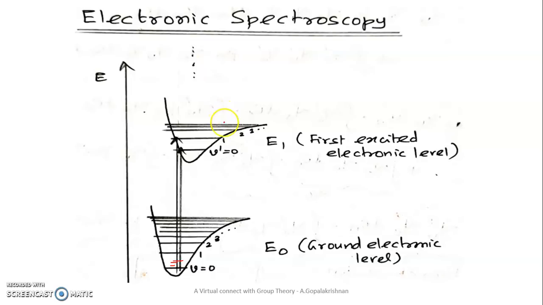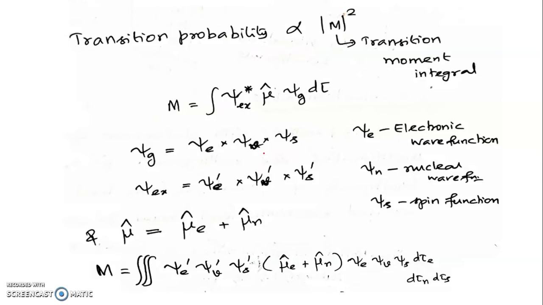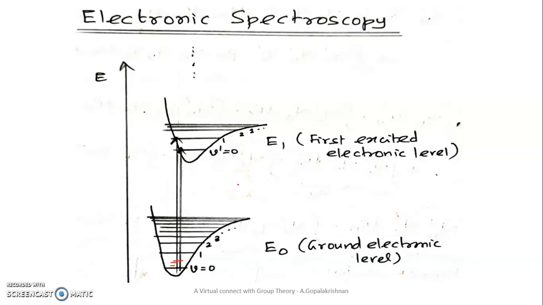Before we begin, I would like to give some more information. Listen, suppose you take the rotational levels present in a particular vibrational level, say this V0 level. The rotational levels present in V0 are orthogonal to each other. Similarly, in a given electronic level, two different vibrational levels are orthogonal to each other. Then in a molecule, two different electronic levels are also orthogonal. Are you able to follow?